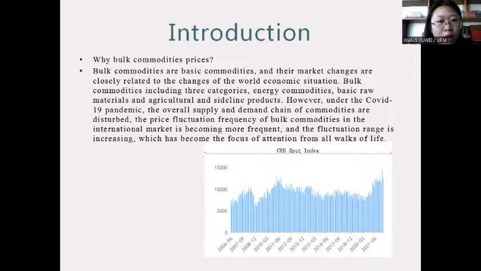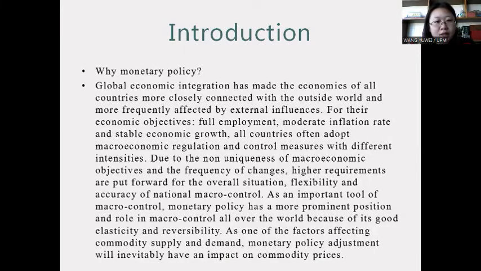And for black commodities prices under the COVID-19, the overall supply and demand chain of commodities is disturbed, and the price fluctuation frequency of all commodities in the international market is becoming more frequent, and the fluctuation rate is increasing. And monetary policy, as an important tool for market control, has a more prominent position in building market control